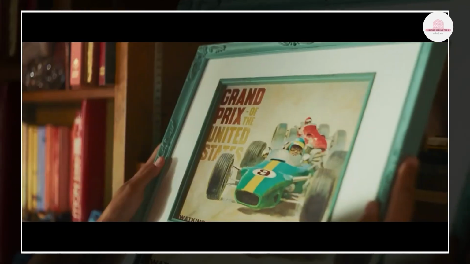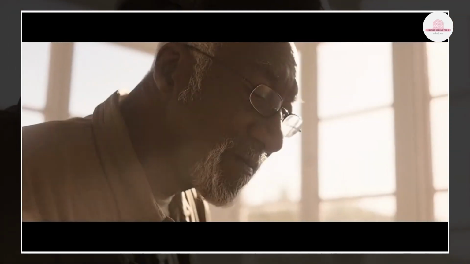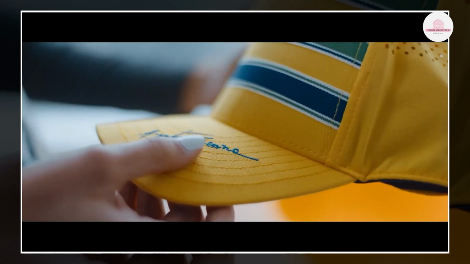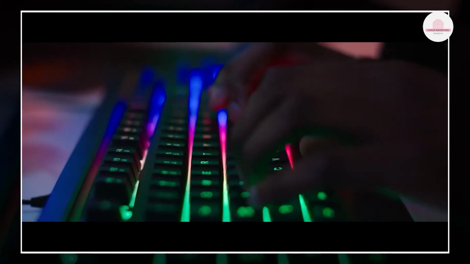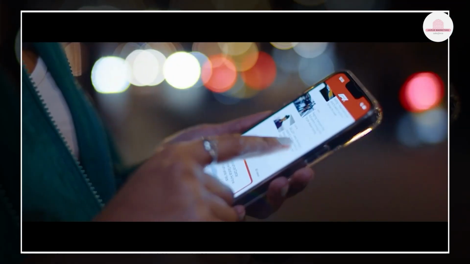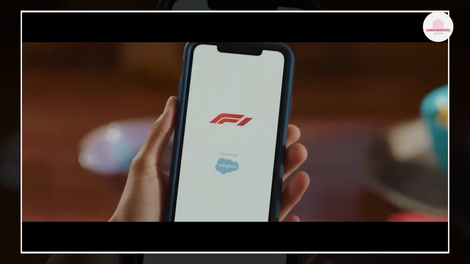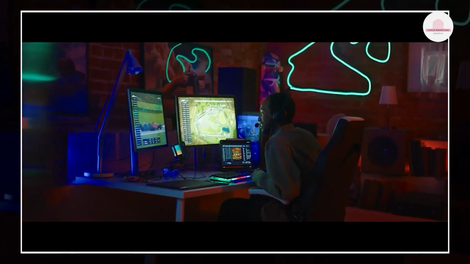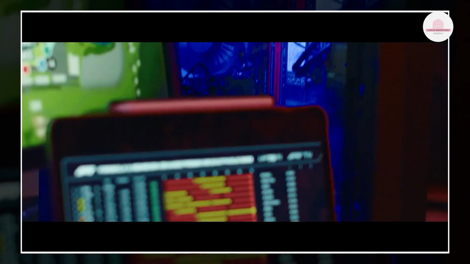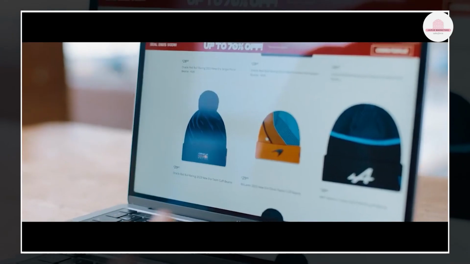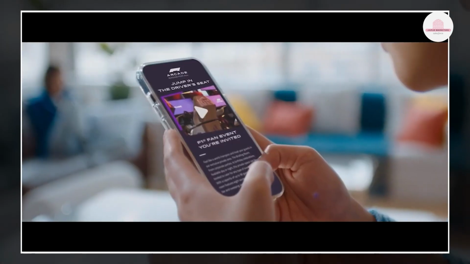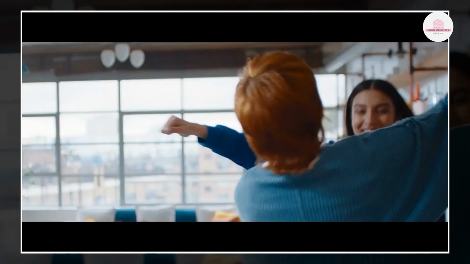We have 23 races, but only 1% of our fan base actually gets to be at a race. And so how do we engage the other 99%? Fans have changed. We've seen a much younger and a much more female fan base. They'll have their TV broadcast in front of them. They'll have a device showing all of the live content, another showing all of that rich data that comes through. Everyone has a different relationship with Formula One. With Customer 360, and that single source of truth, we're creating these digital experiences that really resonate with a fan at an individual level.